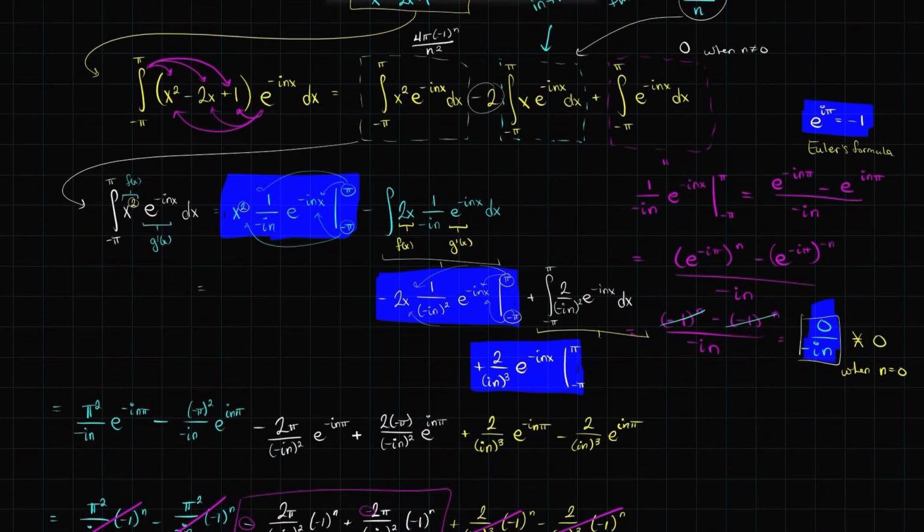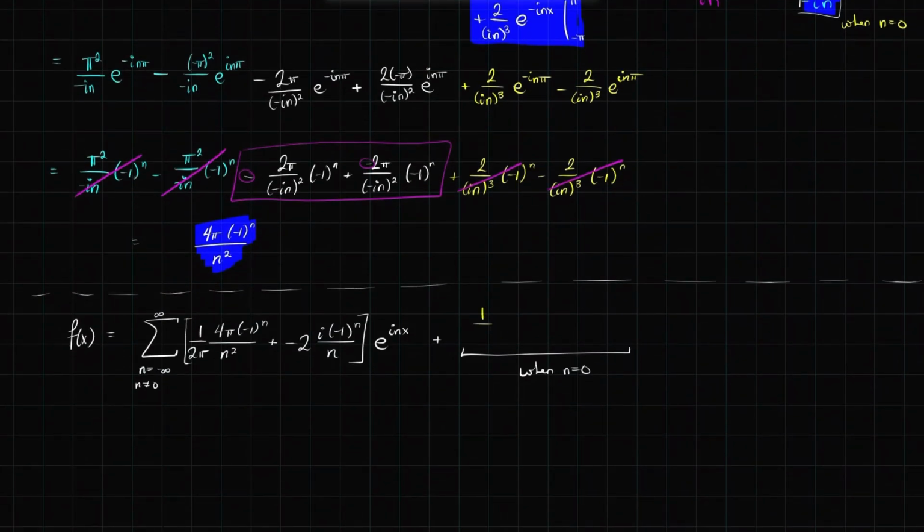It's simply going to be 1 over 2 pi times the integral from minus pi to pi of x squared minus 2x plus 1. Both of the exponentials have disappeared when n is 0. So let's go ahead and calculate that. This integral, thankfully, is much easier than the other ones we've had. We have 1 over 2 pi times the power rule, which will be x cubed over 3,